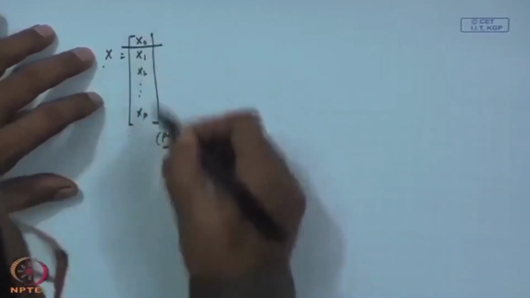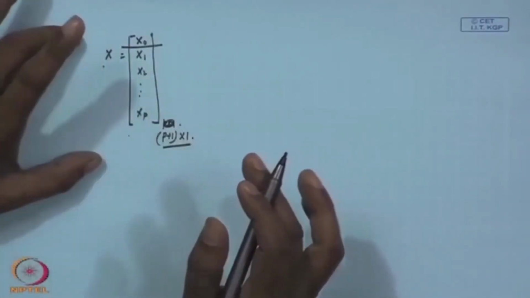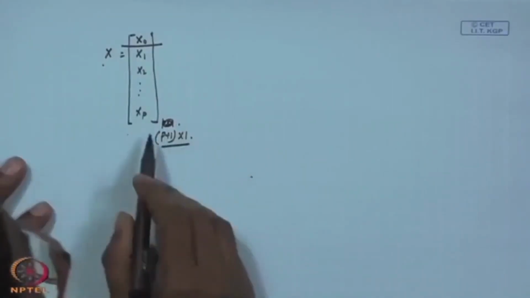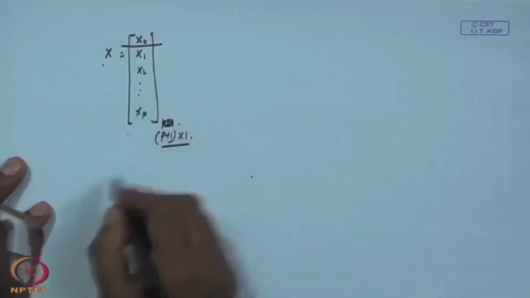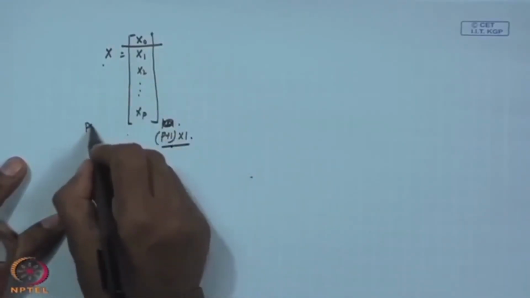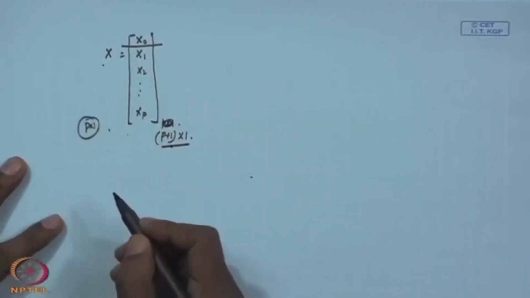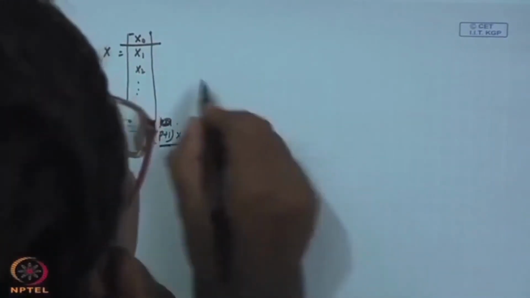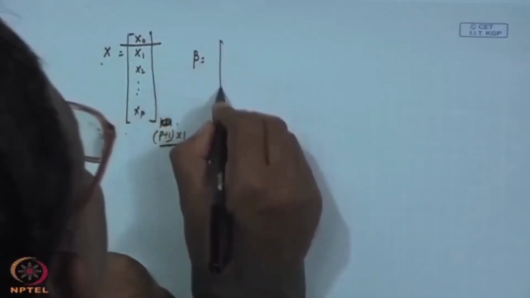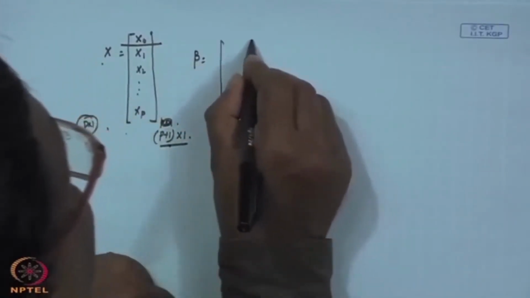Essentially, x 1 to x p are the variables, the IVs, and x 0 is a constant, for which the intercept term will come. So, x 1 to x p is a p cross 1 variable vector. Under this situation, what will be the beta,